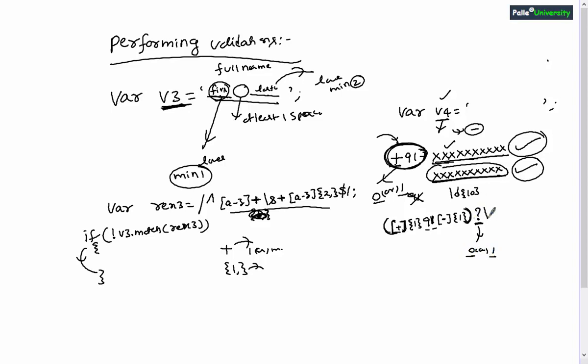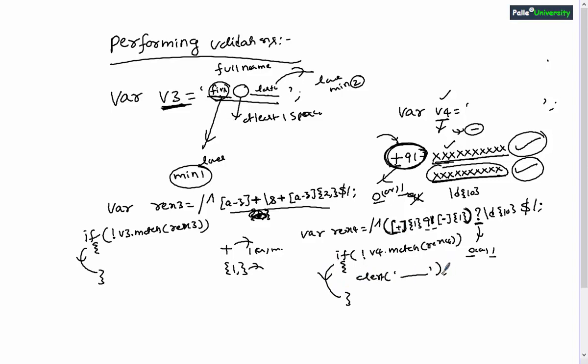And immediately after this question mark, you can write \d of curly brackets 10, and you declare this complete regular expression in a regular expression variable, writing it between ^ and $ followed by a semicolon. After writing the code like this, obviously you will write if not v4.match of rex open curly bracket end curly bracket. In case the v4 variable's content is not present as per this regular expression format, the execution will come into the if condition body. Maybe by using the alert function you can display the error message. Believe you understood.